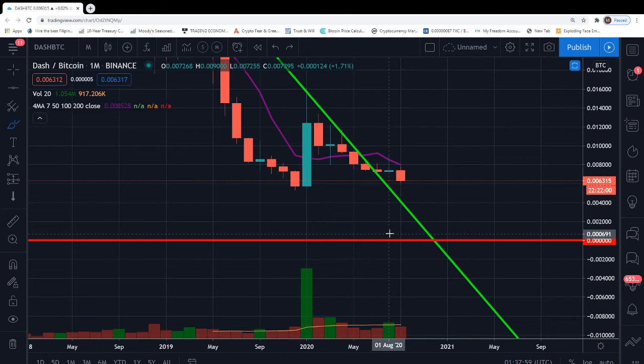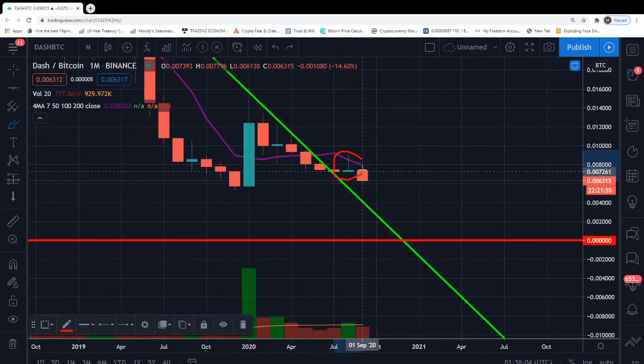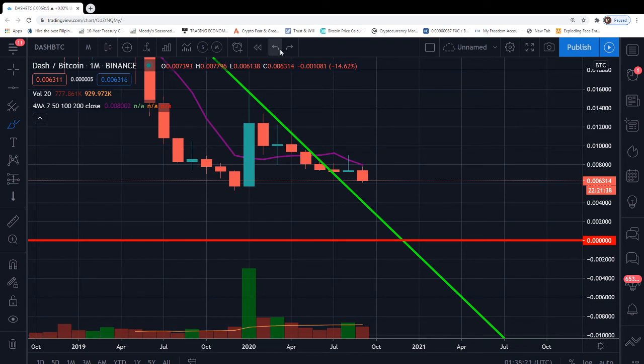But this August 2020 candle, let's just circle that here. There was too much volume in this. I am underwhelmed by the amount of volume that it's taking to hold up the markets. This leads me to believe, how I understand this stuff, I could be wrong, guys, but this means that there could potentially be more downwards pressure in this cryptocurrency Dash. Okay, the BTC Dash pairing here is what we're looking at, guys. So I'm going to say that unfortunately there could potentially be more momentum to the downside.